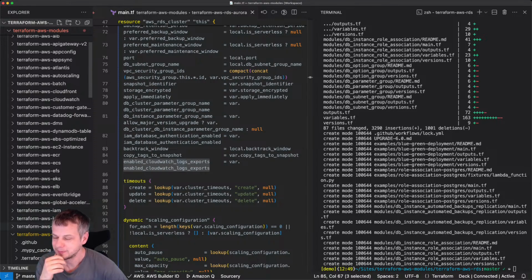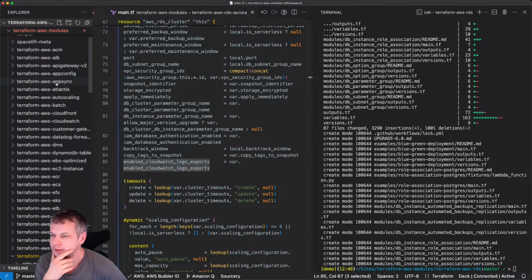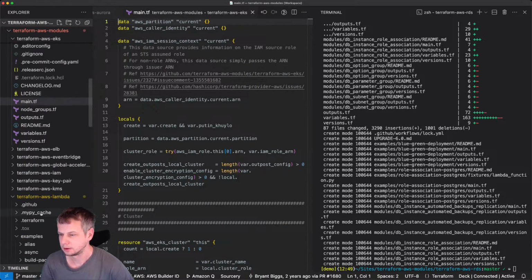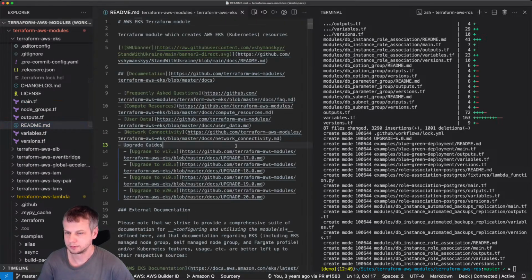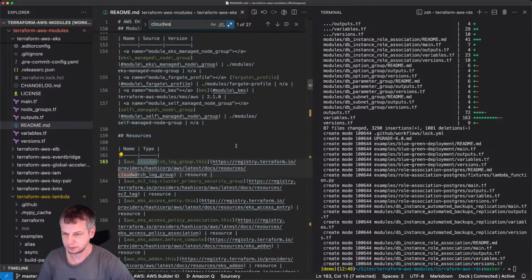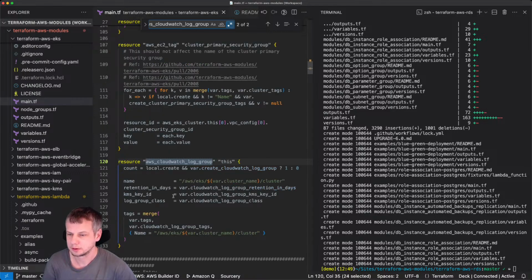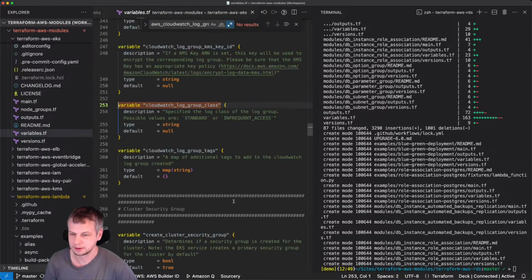I sometimes forget where it was. I guess EKS maybe. I don't know. CloudWatch. Oh yeah, CloudWatch log group. Probably this one has it, yeah, log group plus. Okay, so that's what I wanted to find.